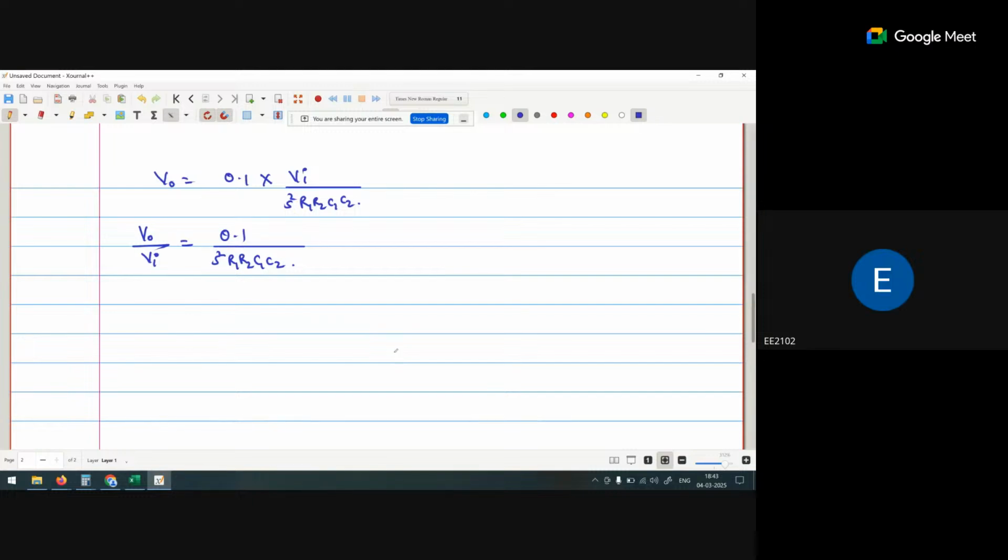If you go with the lectures on the Sallen key structure, this V naught upon Vi is something, I think it is K upon 1 plus S square R1 R2 C1 C2 plus S times of